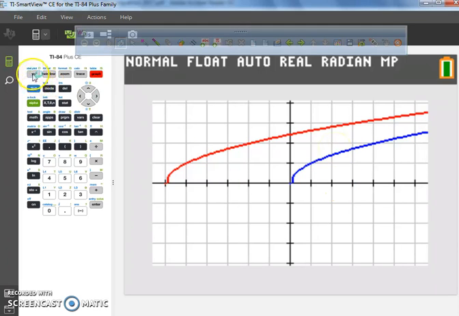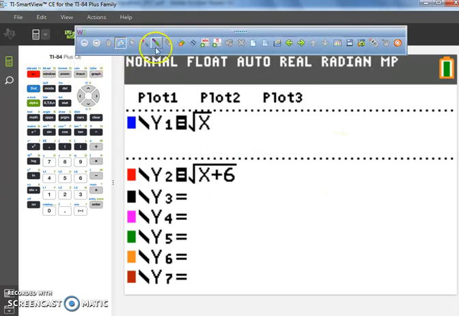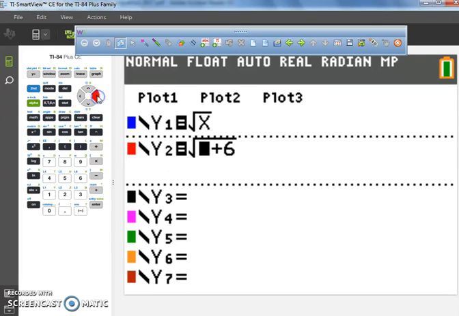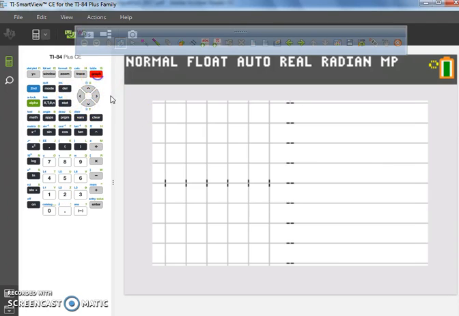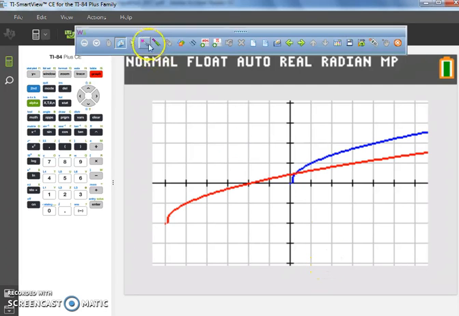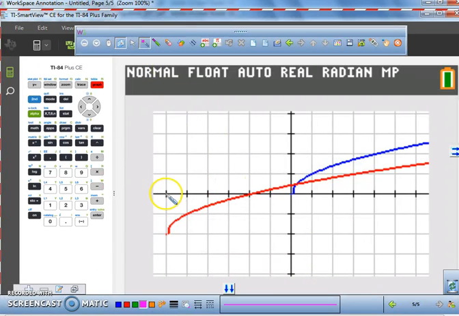So we're going to add one more element. What if, after the plus 6, on the outside of the radical, I did a minus 2? I'm going to take everything down 2. Check it out. Do you guys see where it was right here, wasn't it? But now what happened? It's dropped down